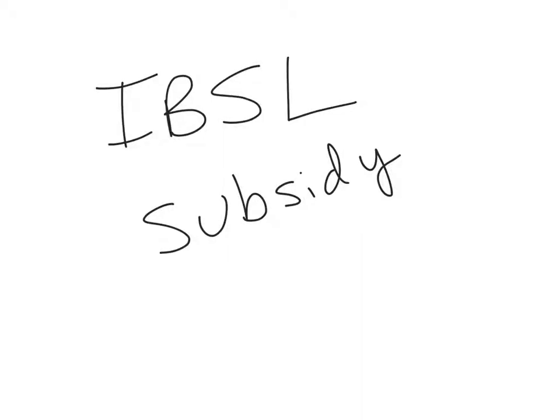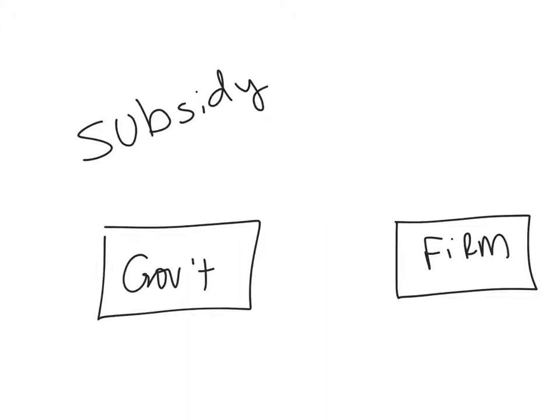All right, in this video, we're going to talk about subsidies as it pertains to especially IB. So with this video, we're going to talk about subsidy and subsidy payments. So subsidy is the opposite of a tax. So while tax takes money away from businesses, a subsidy is going to be the government giving money to businesses.